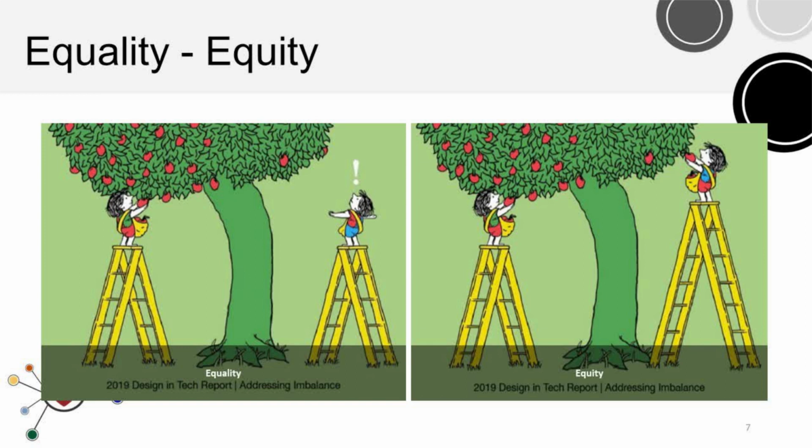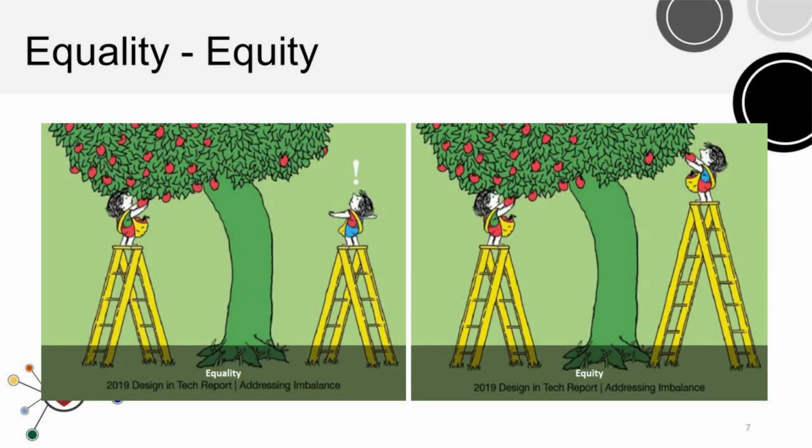Equality is making sure everyone gets the same resource or access to resource to address a problem. It can work if everyone starts from the same place or situation. In this image, the ladder or access is equal, but the outcomes are not. Equity, on the other hand, seeks to address a problem or inequity by customizing the level and types of resources provided based on unique needs. Equitable strategies may need to be unequal in order to ensure sufficiently similar opportunities for individuals and communities to achieve